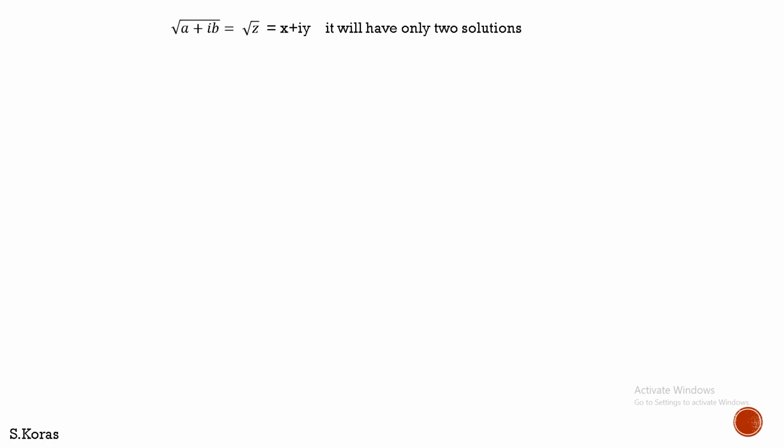You know, we are getting square root of a plus ib. So we'll have only two solutions to this square root. But if you see, there are four values. For x you have plus or minus this value, for y plus or minus this value, right? Then how to come out of this? Only two answers are